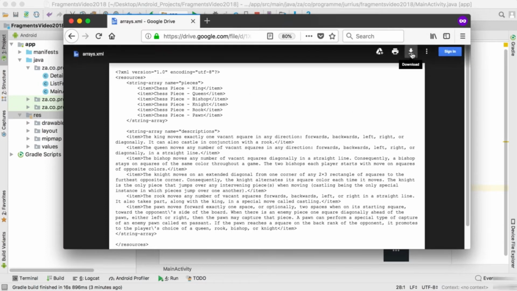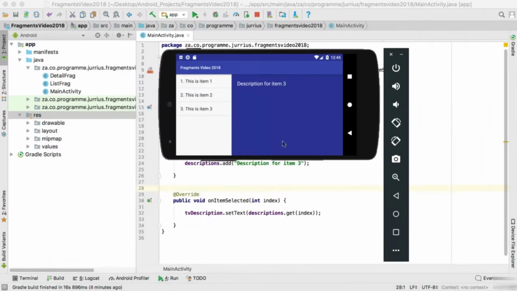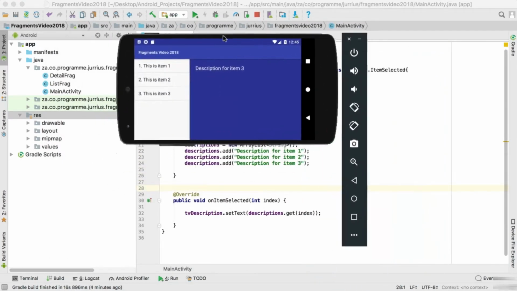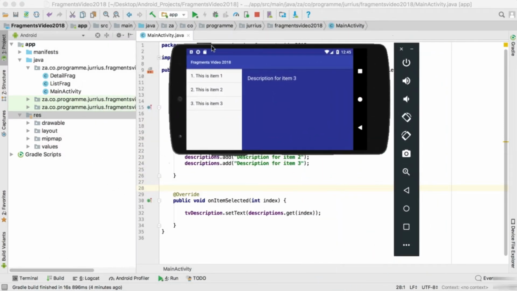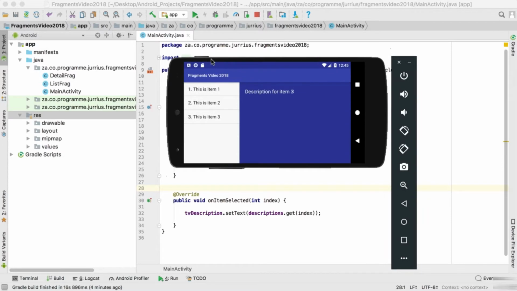So you can just basically download that XML file, and if it's downloaded, pause the video, quickly download that, and when you're done downloading, we'll come back to the video. Right, so back at the video, let's go and paste that file. So that file that you just downloaded, copy that arrays XML file, and I want you to go into your